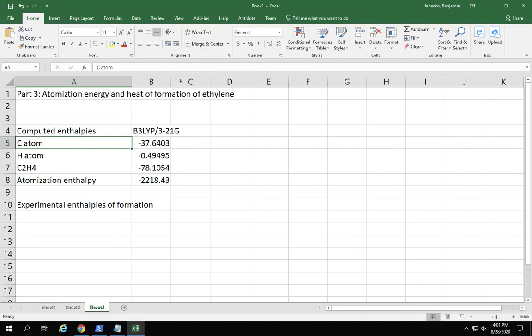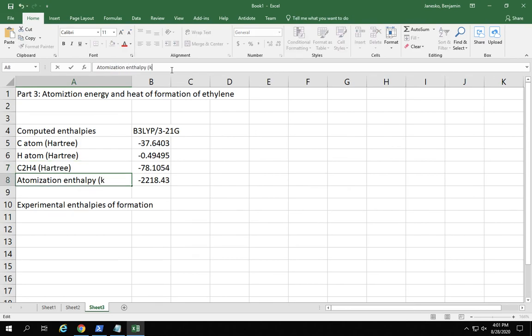Just as an aside, I should put units here. So this is in Hartree. Hydrogen atom total energy is in Hartree. C2H4 is in Hartree. Atomization enthalpy is in kilojoules per mole. Just an aside,